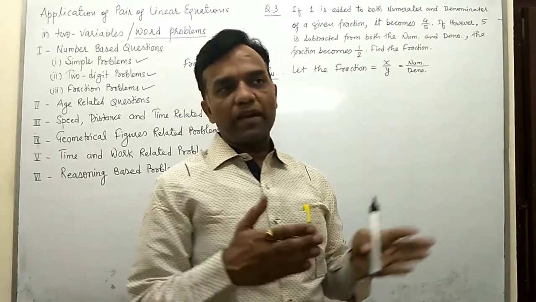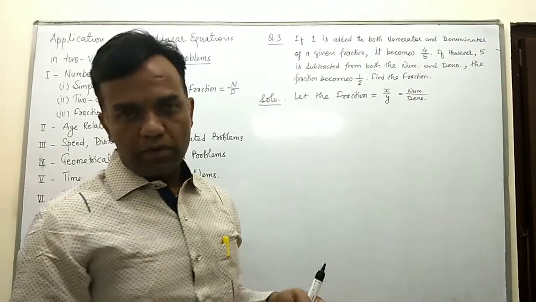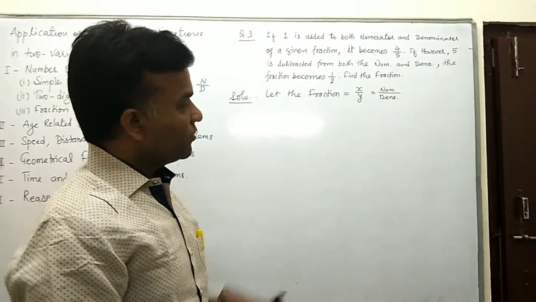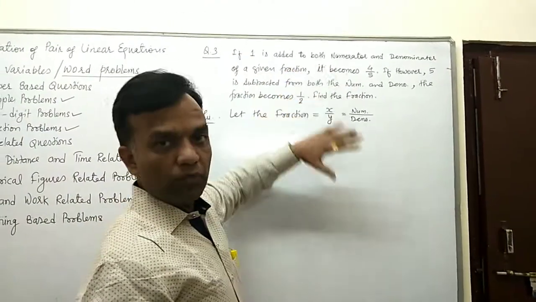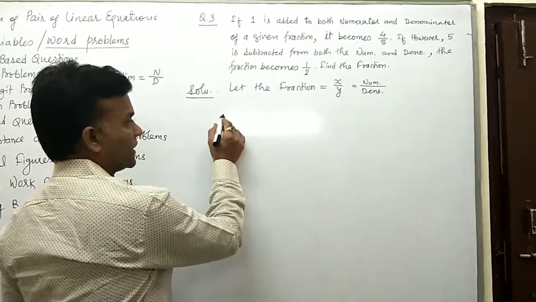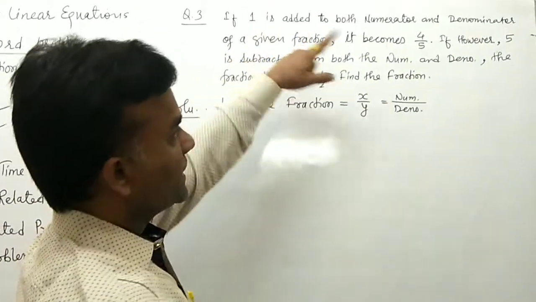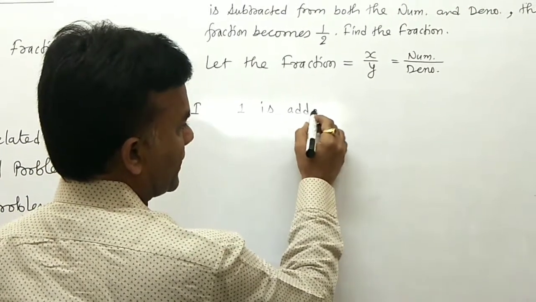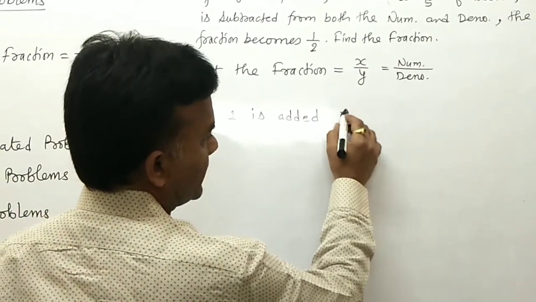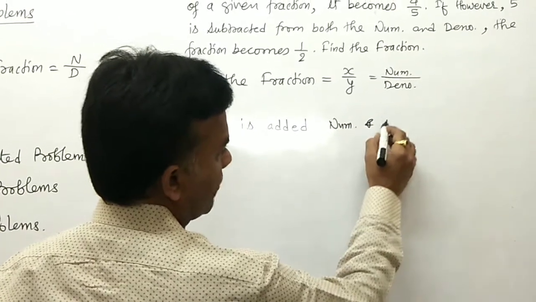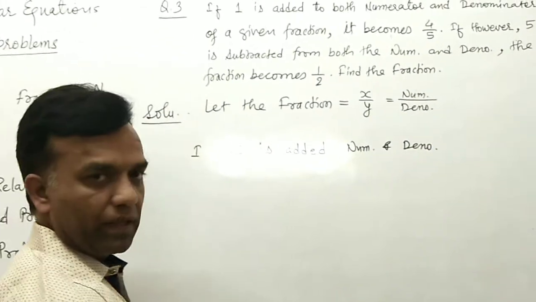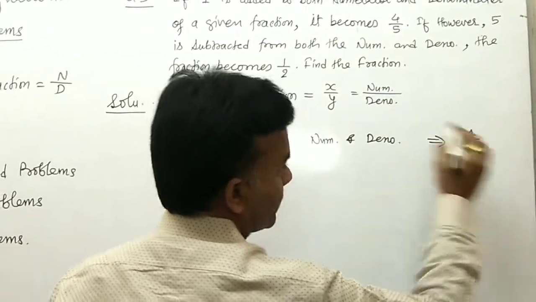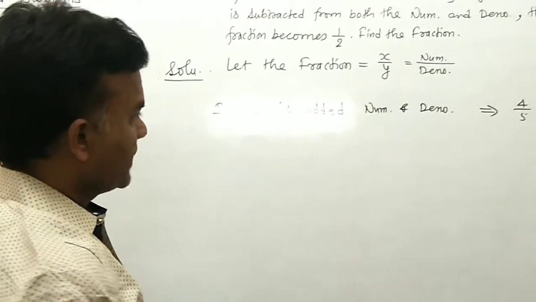In this question also you have two statements and they are generally bifurcated, because the fraction becomes something 2 times. One time it becomes the first equation, second time it becomes the second equation. So now you underline the first part only, you read this part and then form the equation. So you write here the first condition: in the first condition 1 is added to numerator and denominator, then your fraction becomes 4 by 5. Okay, so now here we discuss the first condition.